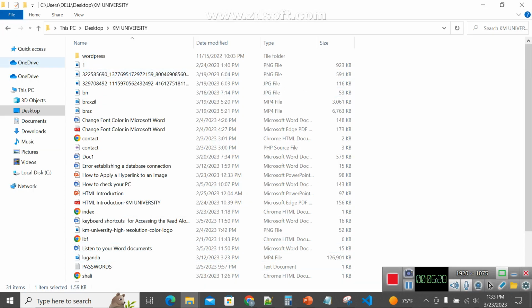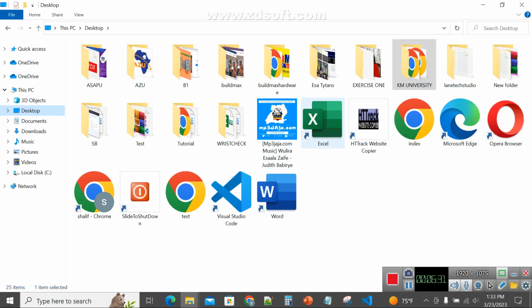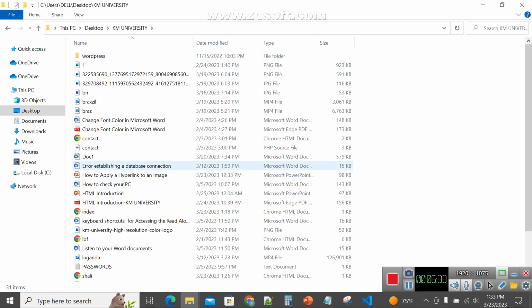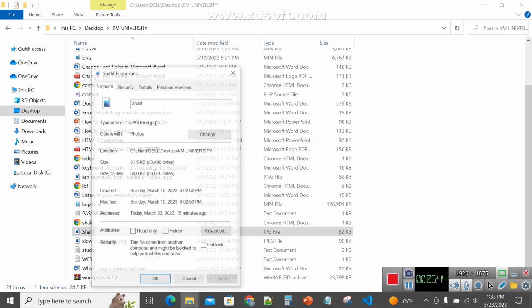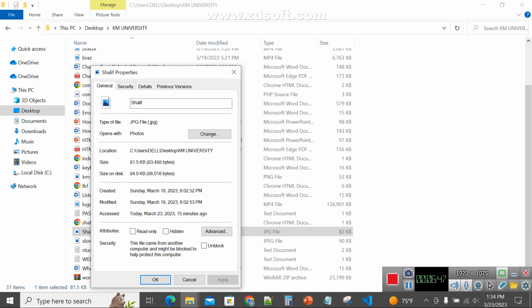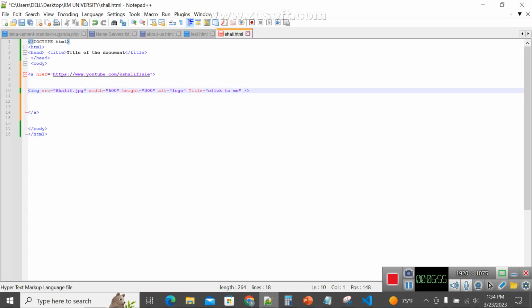sharif.jpg. So if I go to my computer and I go to desktop, I want to show you my file, my image name. My image name is Shalif. So I think you're able to see it. It is Shalif. And when I right click on it, I want to see the file extension. It is jpg. So it should be sharif.jpg. So that's why here I'm having sharif.jpg. It's not a must that all images should have jpg. So you have to make sure that you check the image extension before putting